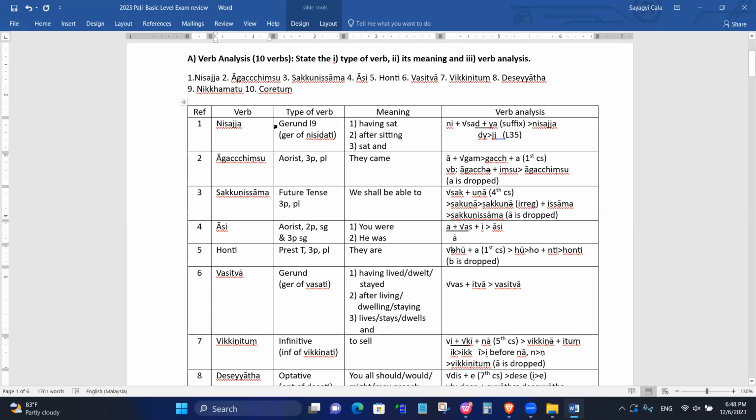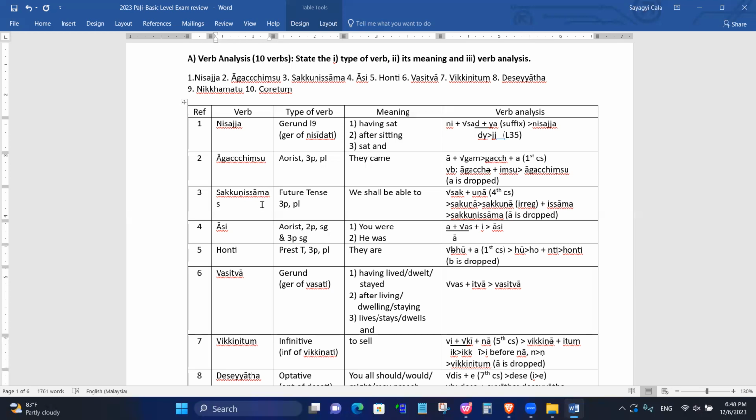Now, having tested you on the gerund and the aorist, this one tests whether you can spot the isa. Isa is a future tense. Sakunisama. So ma is a third person plural. Isa is a future tense. Ma is a third person plural. We shall be able, right? From the word